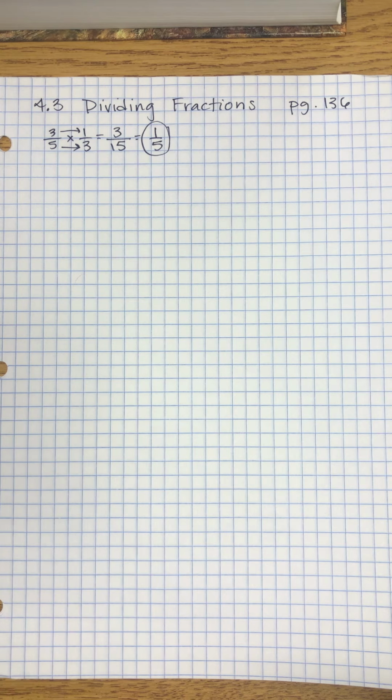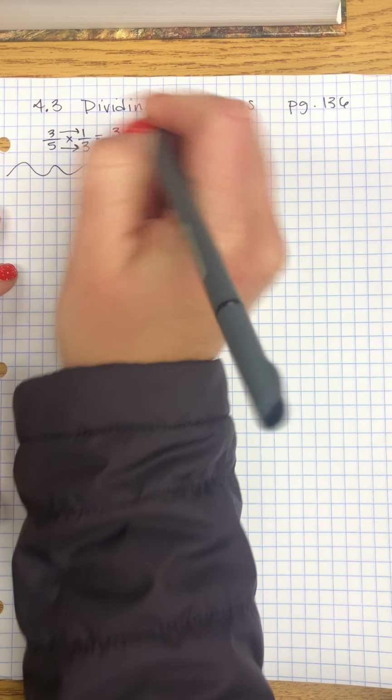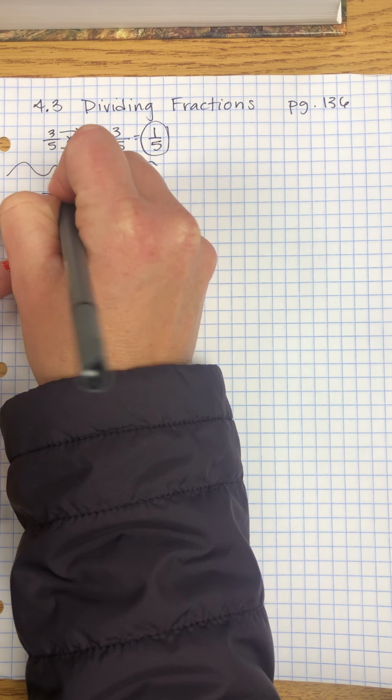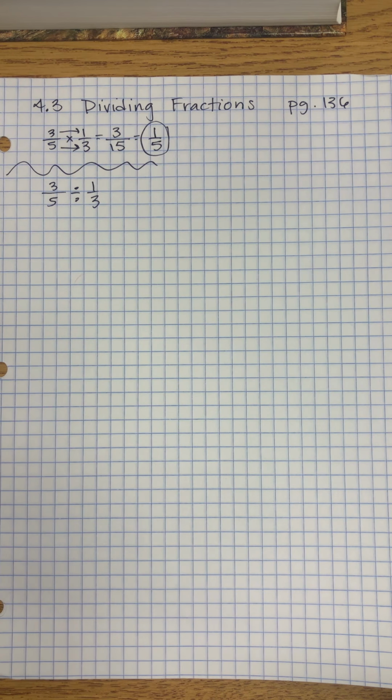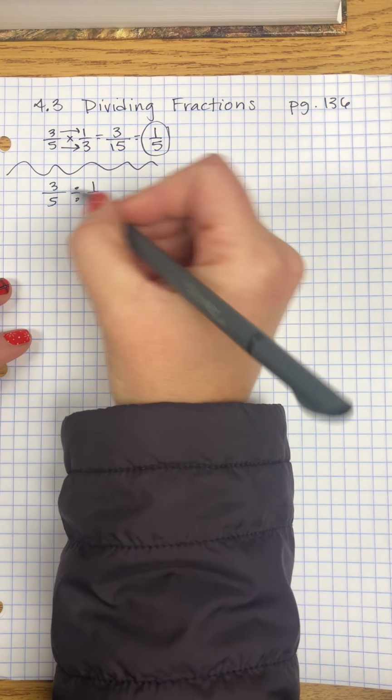That was last week, we multiplied. So today, if we take the same 2 fractions, okay? And I say 3/5 divided by 1/3. What do we know about multiplication and division? What are they? They're opposites. They're opposites. So how are we going to opposite